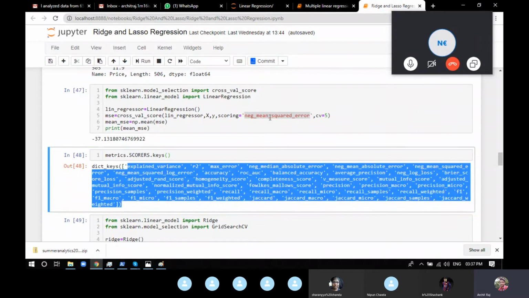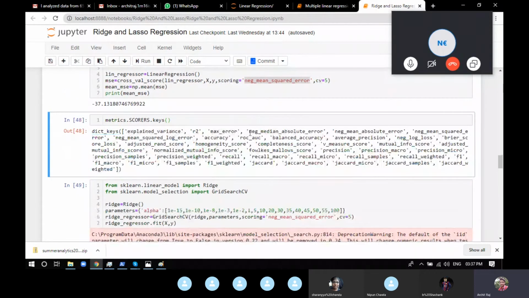So negative mean squared error is one of the attributes which is allowed. Now in cross validation, there's one limit: you cannot use any continuous value, because accuracy is a continuous value. You can get from 0 till 100. It can be 0.1, 0.2, 0.3, anything. But mean squared error is a single digit number. It's not like an accuracy. The same goes for ROC also, the same goes for Jaccard also. We need a specific digit. So we can use mean squared error, max error, negative median absolute error.